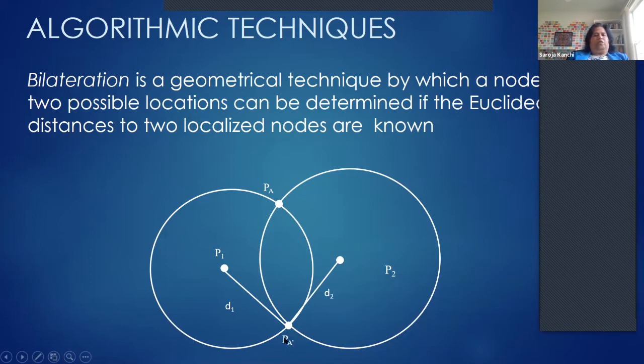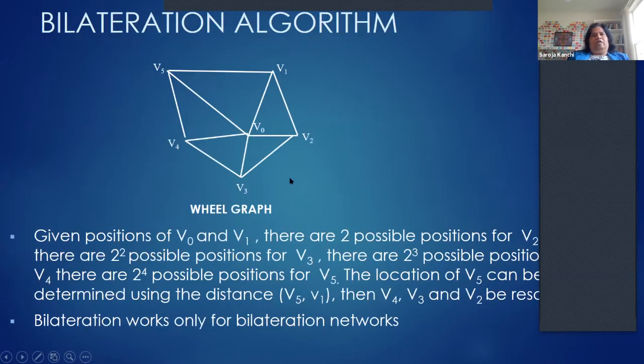I still cannot know which one is right, but it's an intersection of the 2 circles. I do know the 2 locations that it's adjacent to. Having these 2 locations that it's adjacent to, can that help me figure out, if I proceed further, how to localize the node A? The answer is it's been